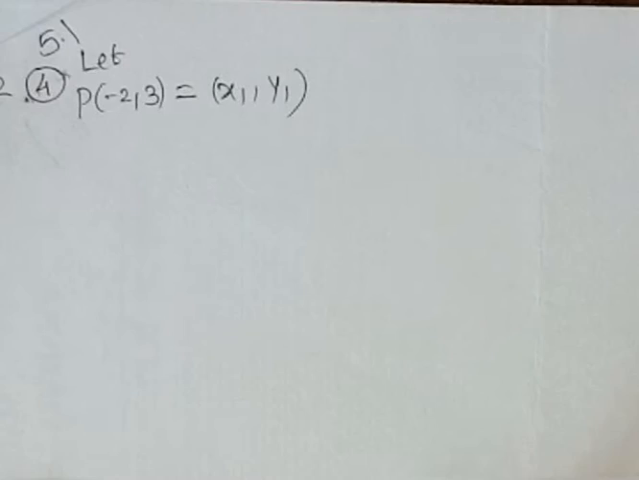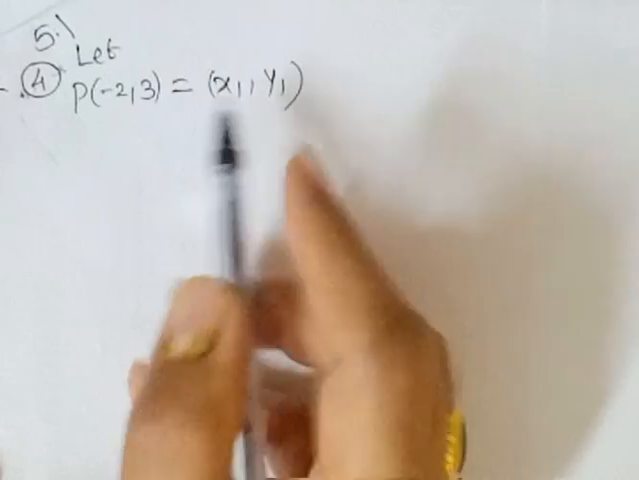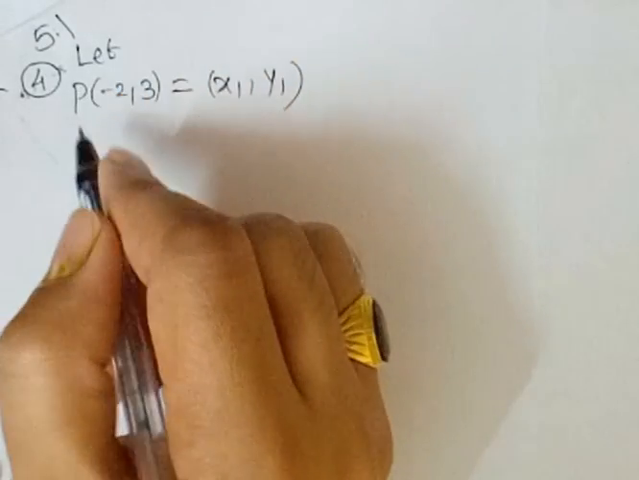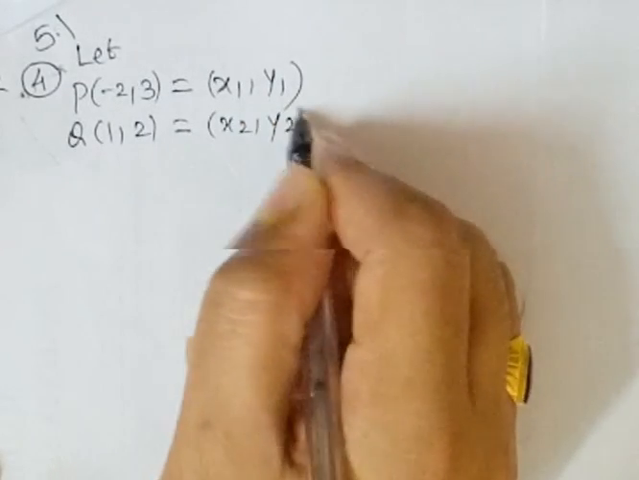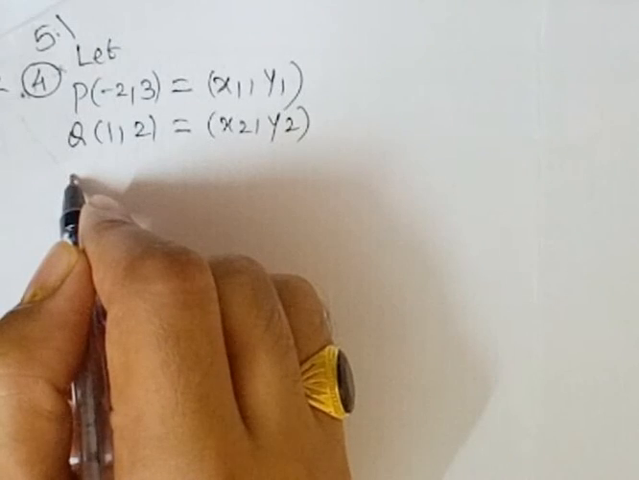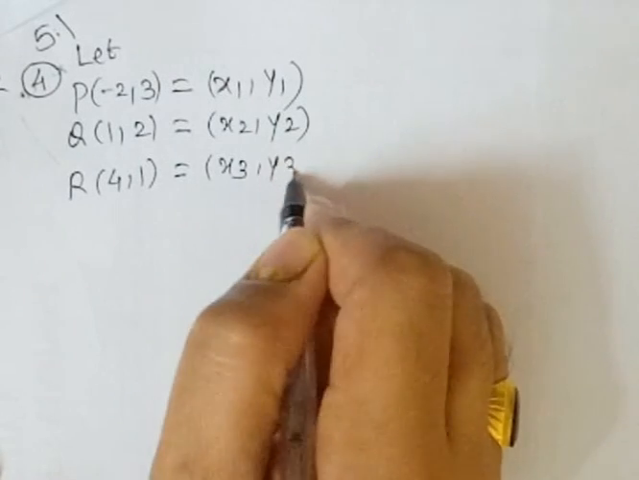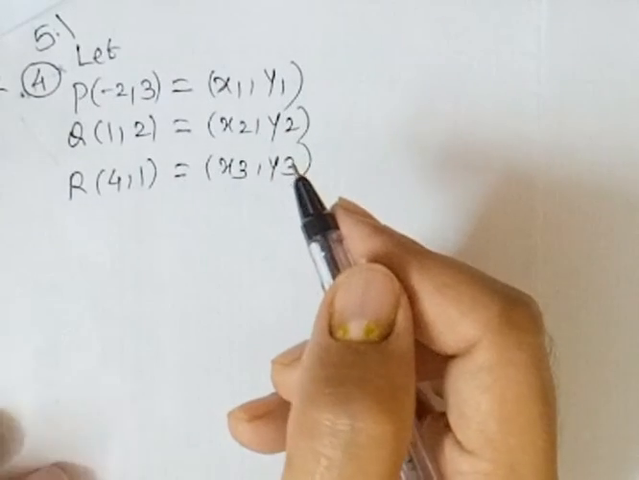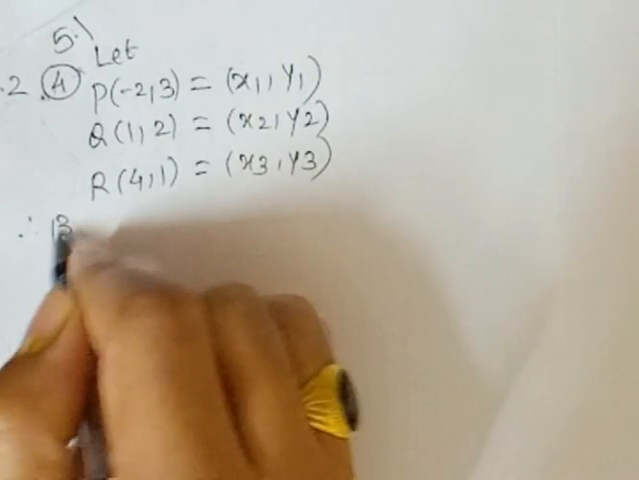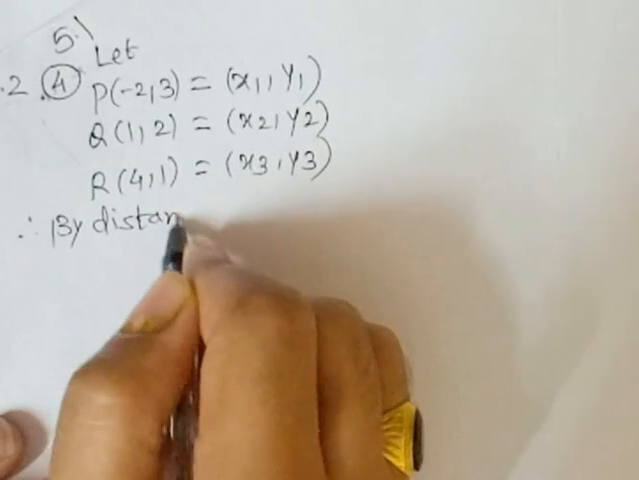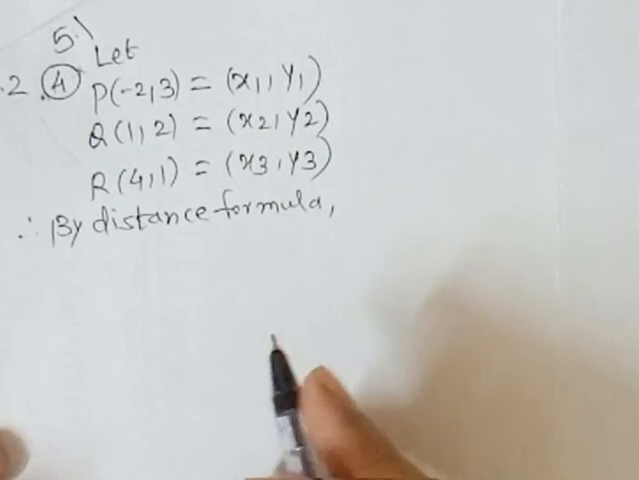Now Practice Set 5.1, question number 4. Let P(-2, 3) equal (x1, y1), then the next point Q(1, 2) equals (x2, y2), and the third point R(4, 1) equals (x3, y3). Then which formula do we have to use here? Distance formula. Therefore, by distance formula, distance PQ